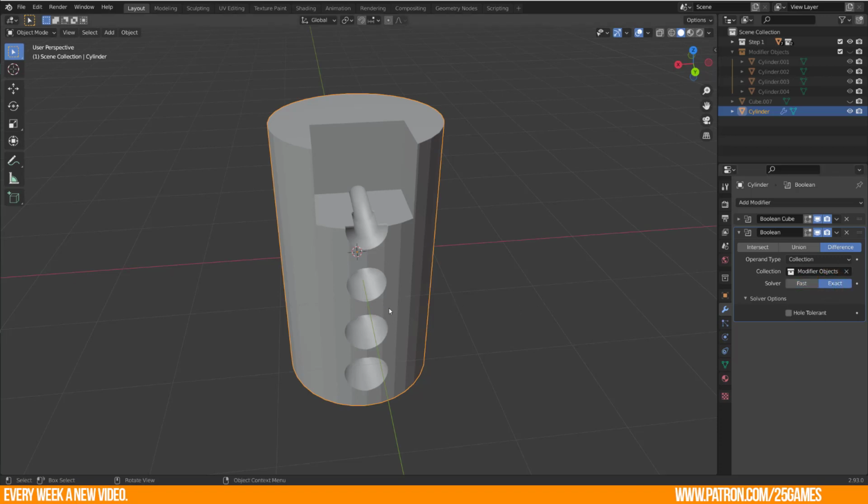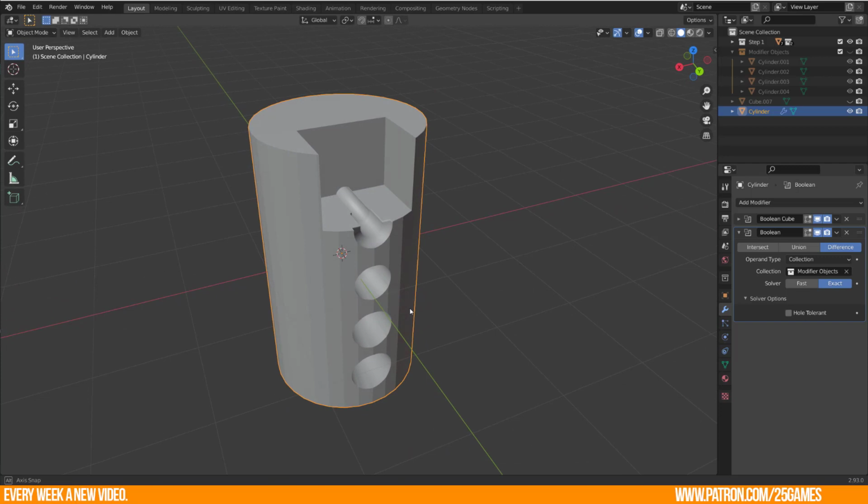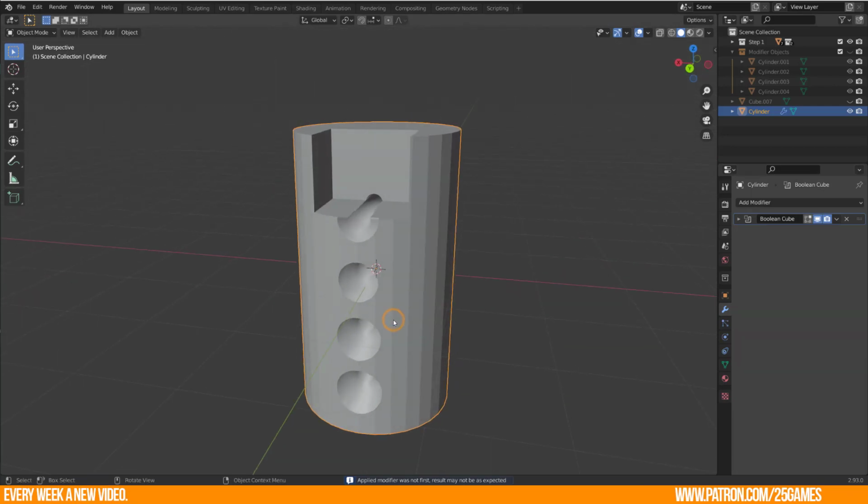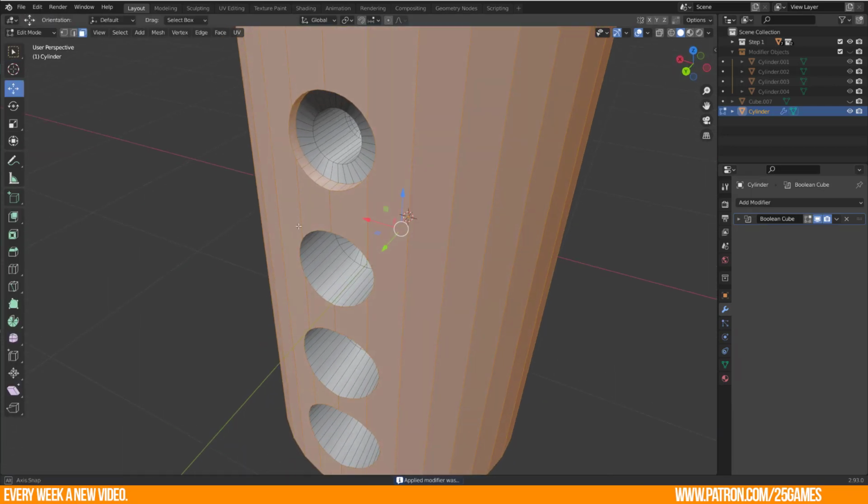If you want to keep the modifier active and you don't apply it immediately, then probably this would be an option for you because the modifier will need performance for the preview. But if you just apply the modifier afterwards, then there is no need to change anything here, in my opinion.